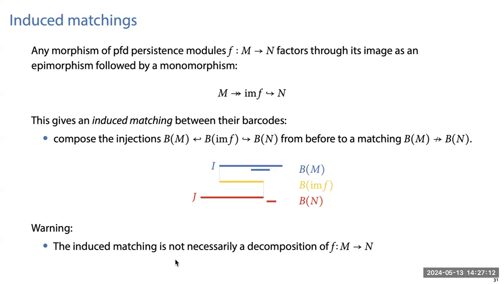And another thing that's a bit mysterious about this construction is, you may hope that this way you can actually decompose the entire morphism as a ladder-shaped diagram. And that's actually not the case, because it's not possible in general. So in a sense, the induced matching that we obtain in this way is only an approximation to actually decomposing the entire morphism. But it still does good enough of a job to guarantee that we obtain stability of persistence barcodes. So using this,